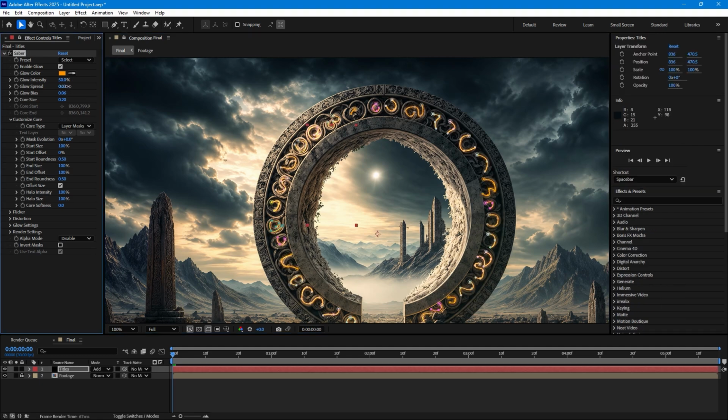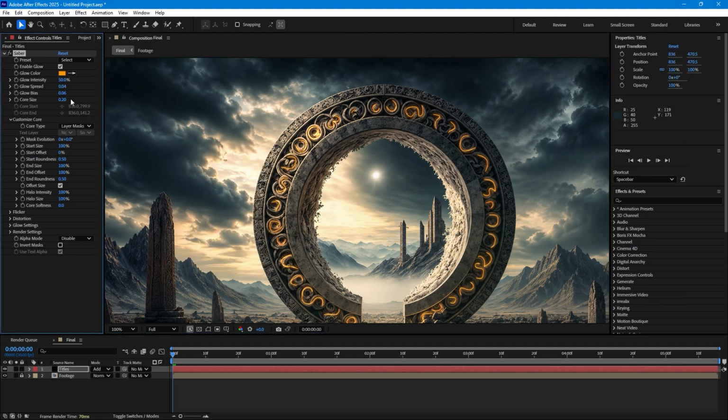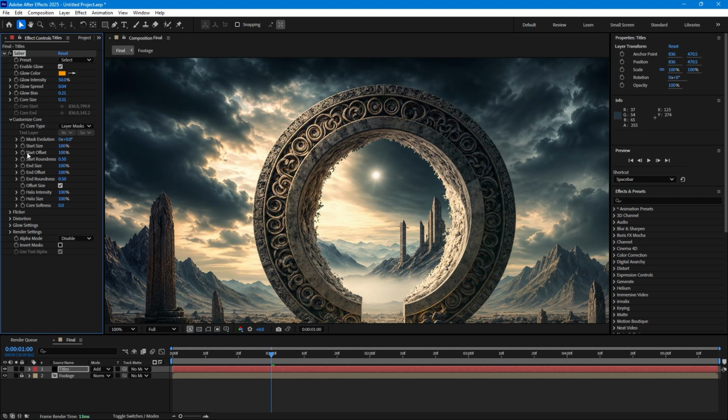hold Ctrl on keyboard and go to view, turn off the layer controls, and hold Ctrl on keyboard, make it brighter and control the core size. So guys, and now if we need to animate, go to second one and change start offset to 100,